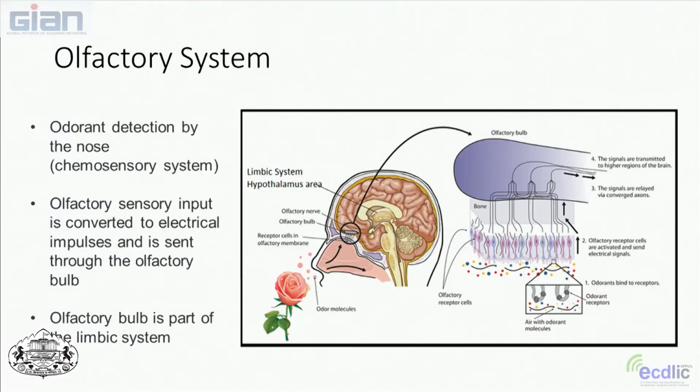Okay, the olfactory system, which we talked about briefly, is unique because it does not go through the thalamus. Instead, it goes through the nose, and this is also a chemosensory system. So we have smells, and the input is converted again to electrical impulses and sent through the olfactory bulb into the brain, into part of the limbic system. And this gives a detailed picture of the receptors that are involved. It's not my area of specialty, but you can see it looks pretty complicated.